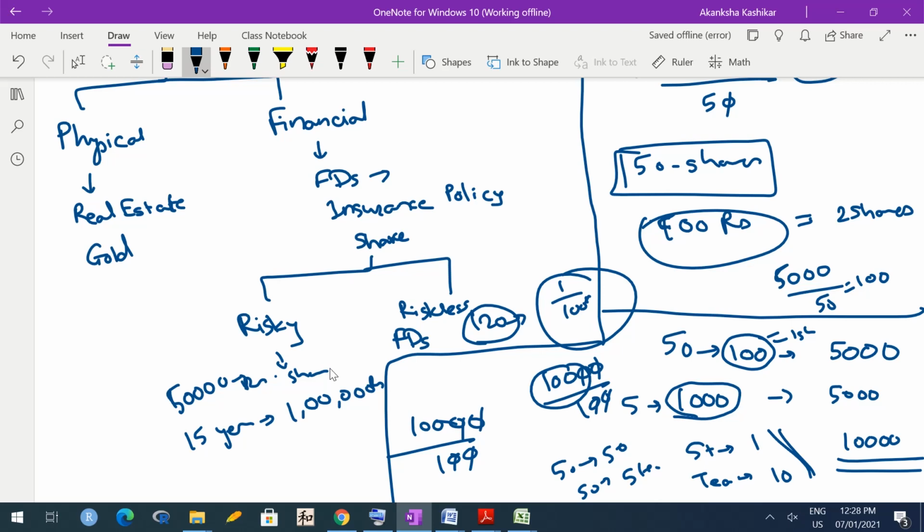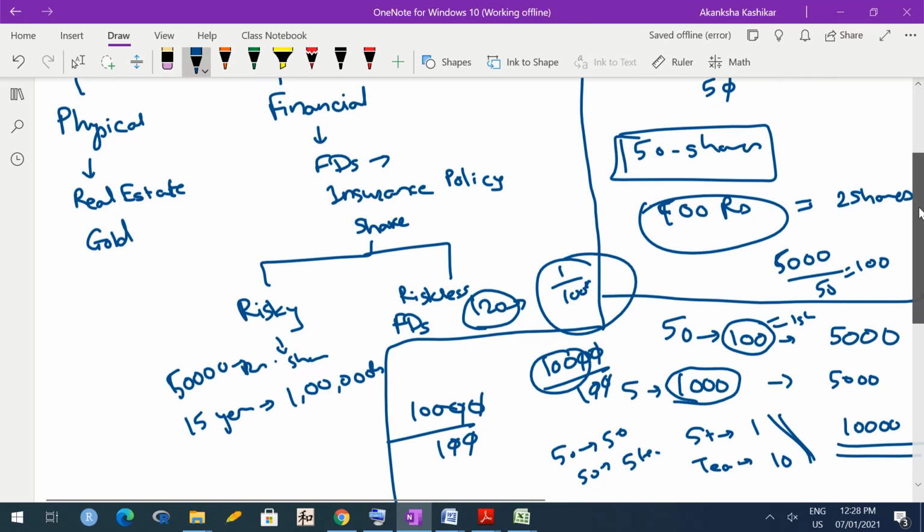That is possible. So that's why people do invest even in risky financial assets, because they are hoping to get more money. In fact, in later lectures, we will discuss different types of people, and what they think while investing.